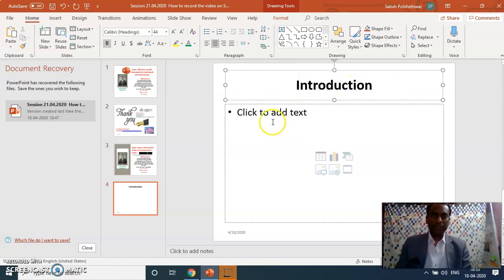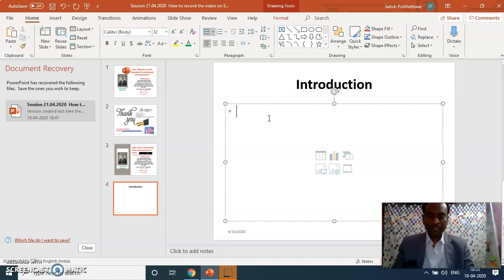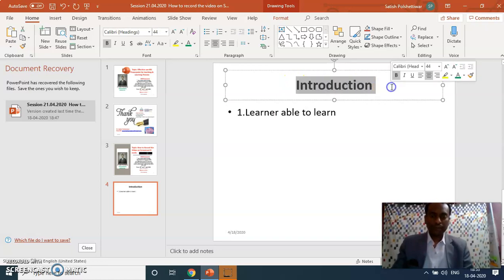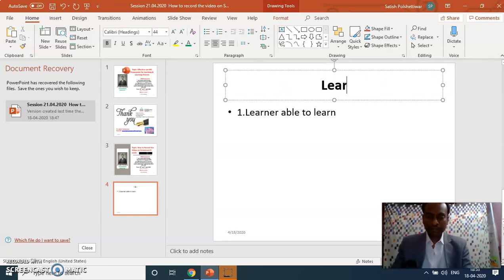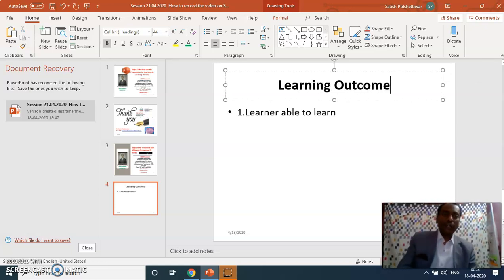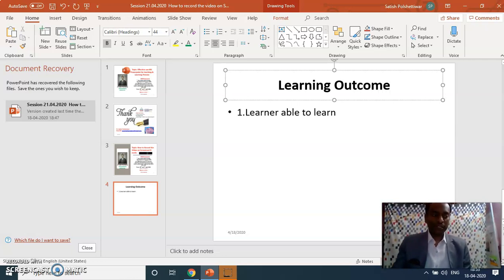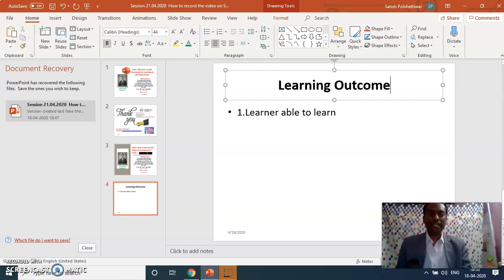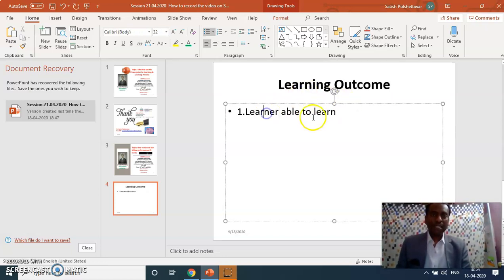So this PowerPoint presentation has various contents. For example, you can type over here the learning outcome. Whenever you are starting any topic, you always have to tell the audience about the learning outcomes. Your topic should always be outcome based. It has to have some outcome, and only then will it have some impact. It will create impact on the students. So learner able to understand, learner able to